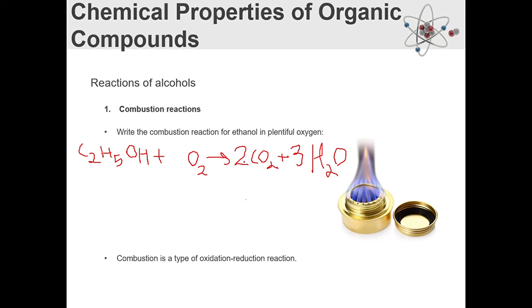So we have 2 times 2, which is 4, and 3 times 1, which is 7. So we have 7 here. Now normally we do the 7 over 2 and then multiply the whole thing by 2 and you get ugly. But because this is ethanol, we can actually subtract 1. So we've got 1 and 7, so we're going to need to make this equal to 6 oxygens, so we can put 3 in front. Easy as that.